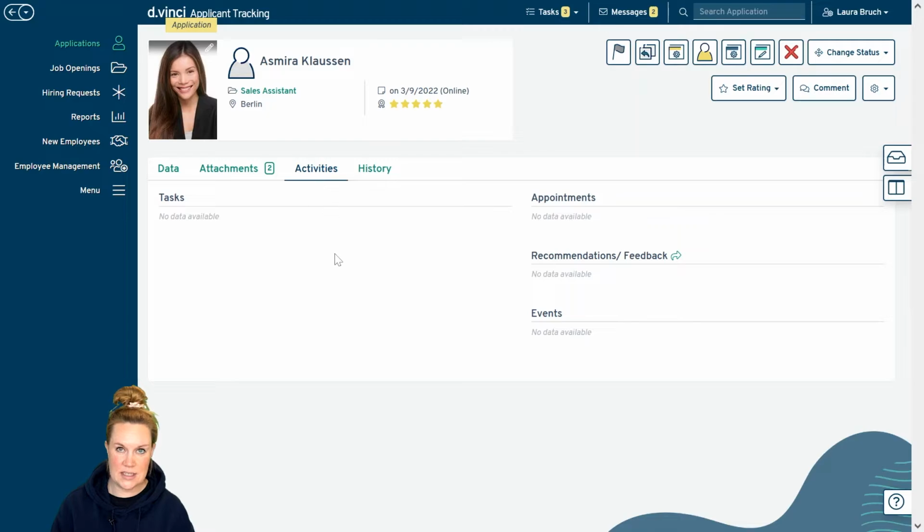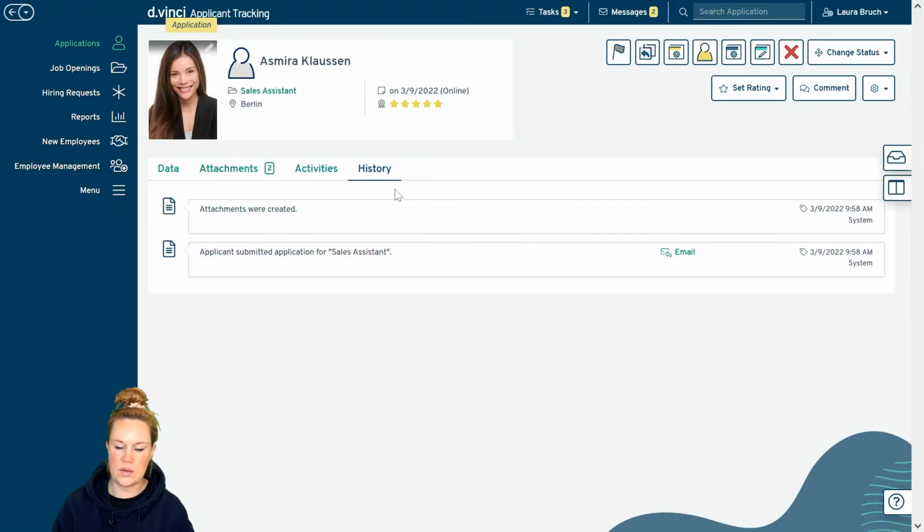In the activities, later on you will find tasks or appointments or other milestones that you have in your recruiting here. And in the history is always everything that happened with this applicant. For example, system emails that got sent out or emails that you sent out. You can always see it here.